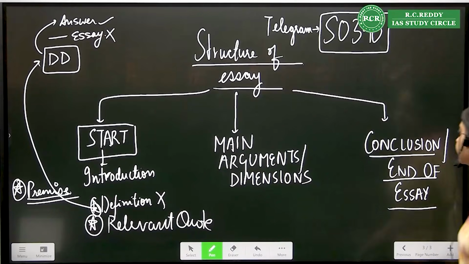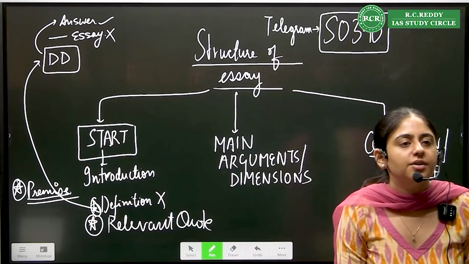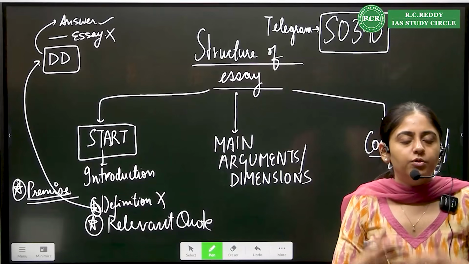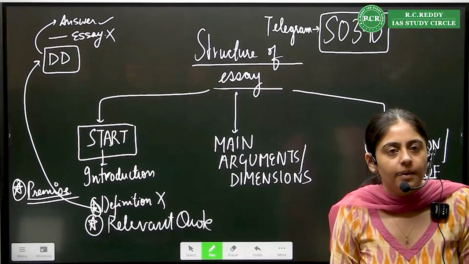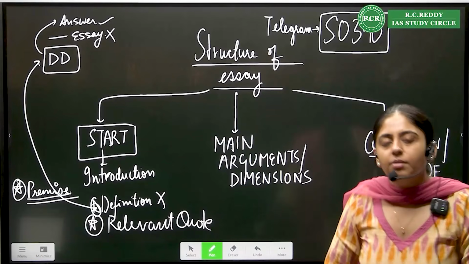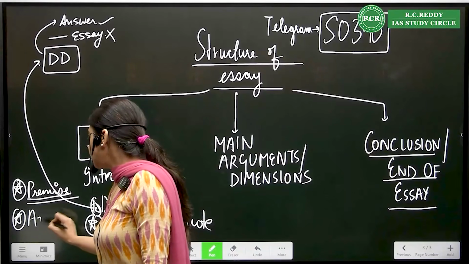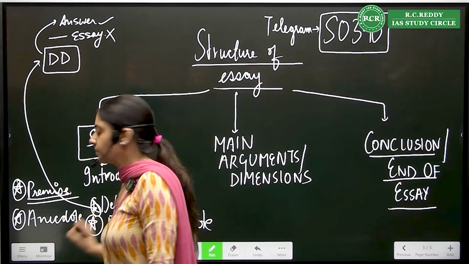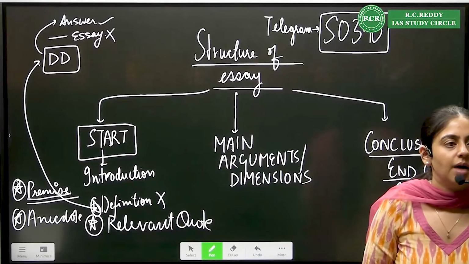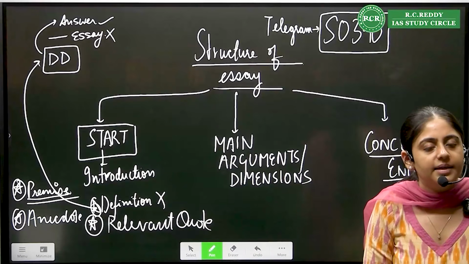Okay. Now, here you give a premise. Premise you have given, you generally talked about what is the situation. You are slowly moving towards the topic. You are not just jumping into things. Right? Now, another way is if you are comfortable, you can write an anecdote also. An anecdote is a small story, a small account, a fictional or non-fictional story, which you can write at the start of your essay.